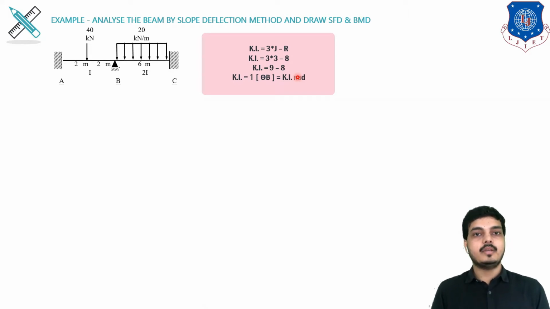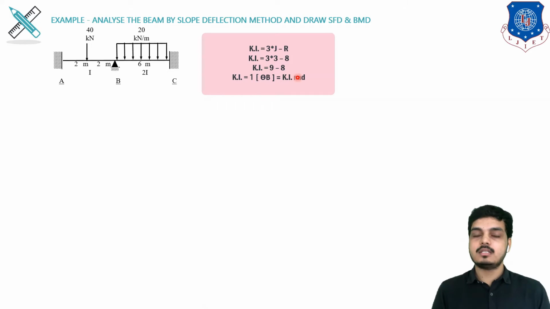In the previous session we learned about the slope deflection concept, which we will be using over here, and in session number 1 we learned some formulas regarding FEM, fixed end moments, equilibrium equations, and central span moment, also known as simply supported moment, which we will be using in these examples.